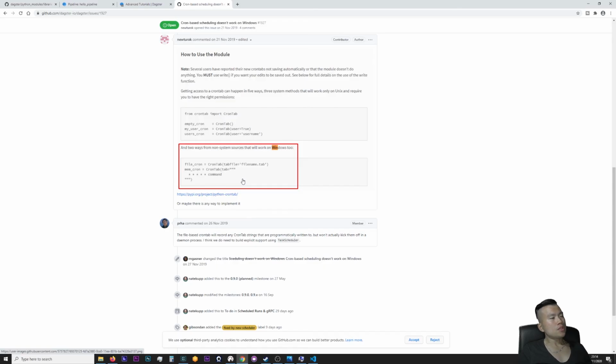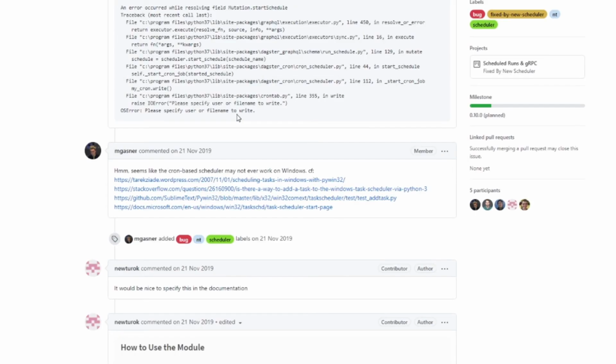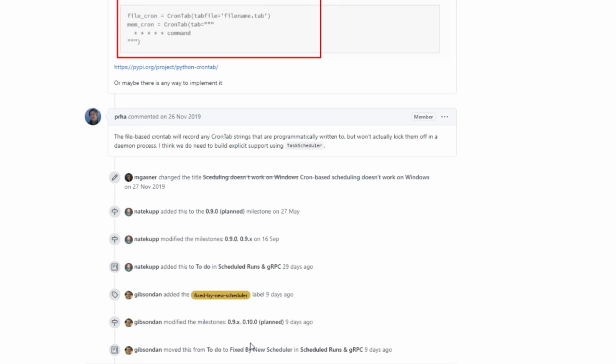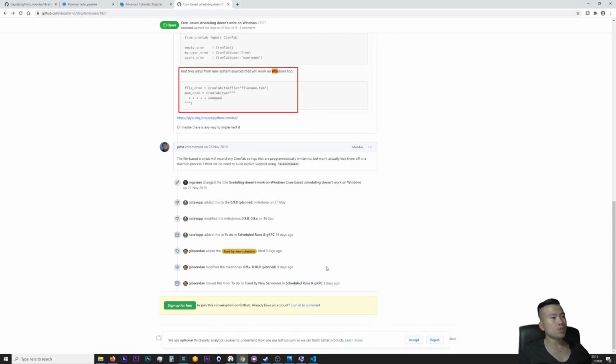And for this issue there seems to be a dead end for me because there's an issue on GitHub, and the issue states that on Windows there is no way you can run the cron that Dagster uses. And according to the GitHub activity, it will be fixed by the new scheduler. In scheduler runs add groups, and this was posted 9 days ago. So okay guys, this is truly the end of the video because there's no way I can set up a scheduler